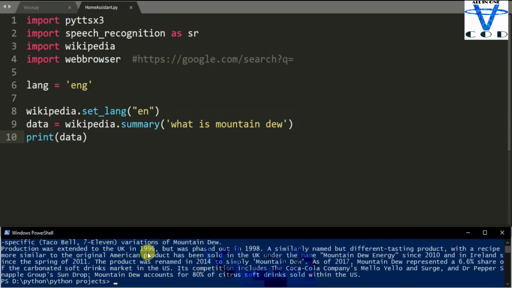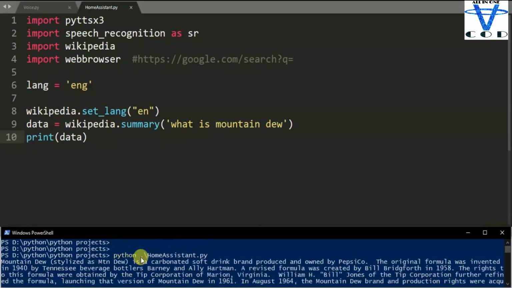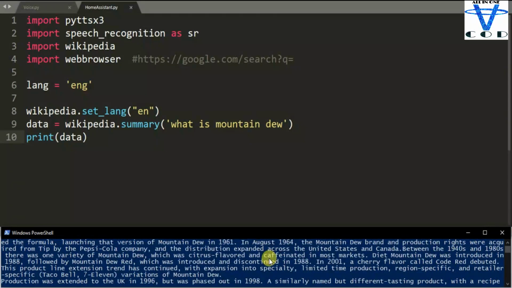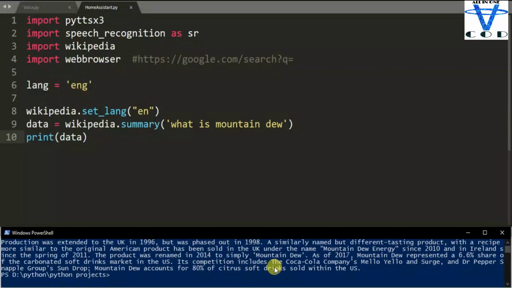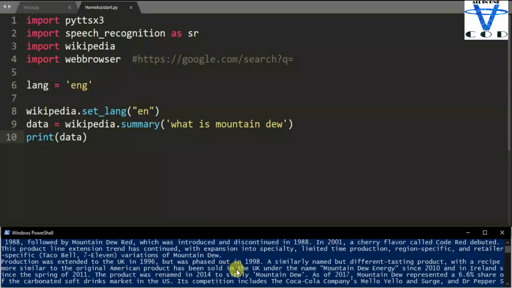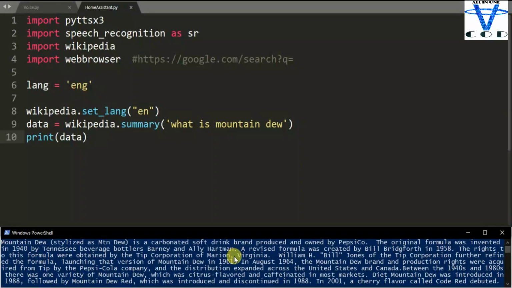You can see we got a lot of text in here. Too much text. Mountain Dew is a carbonated soft drink brand produced and owned by PepsiCo. So we got the whole information about Mountain Dew, but this is too big. The user doesn't need all the information, the user needs only two sentences.